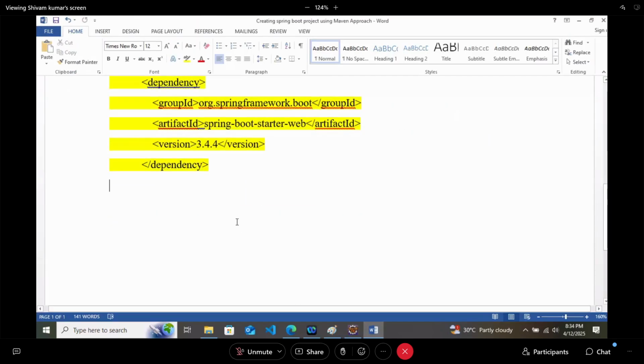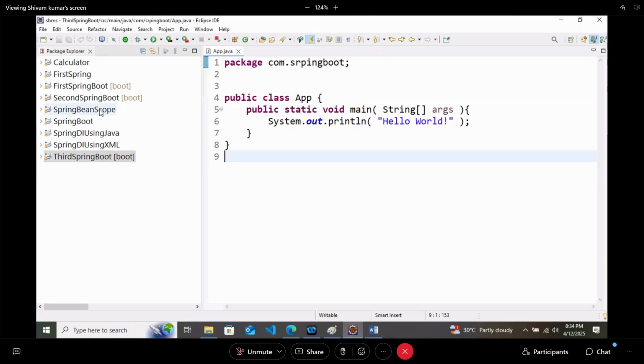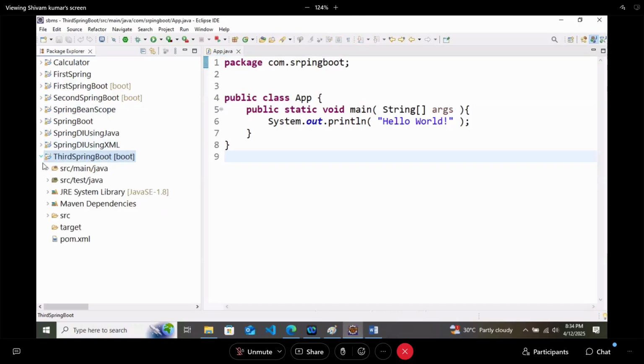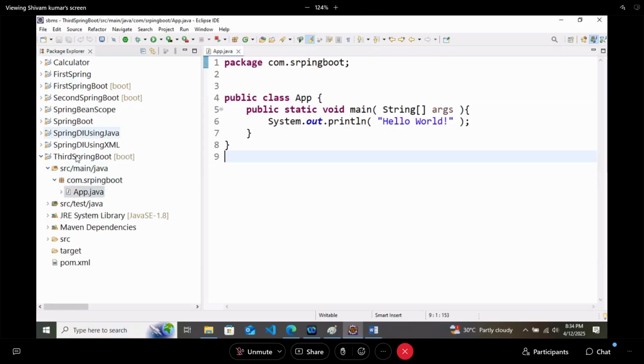Now for that, as this is a normal Java class, we have to convert it to a Spring class. For that, in the next step, open src main Java and open app.java, because the file name is app.java. So open this third Spring Boot project, src main Java and app.java. Same file is opened here.